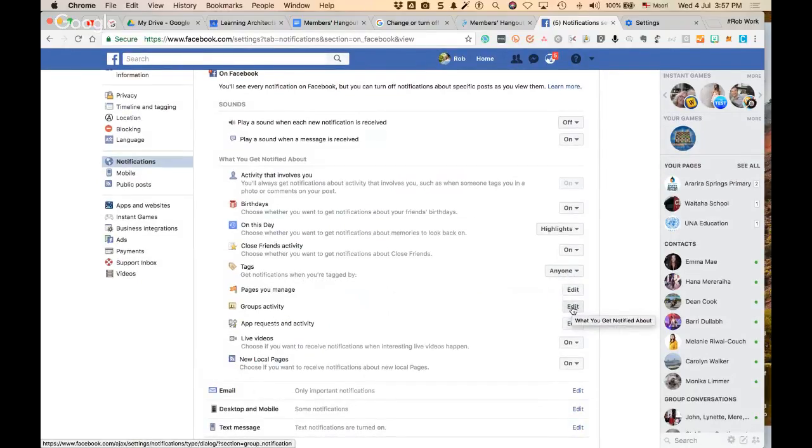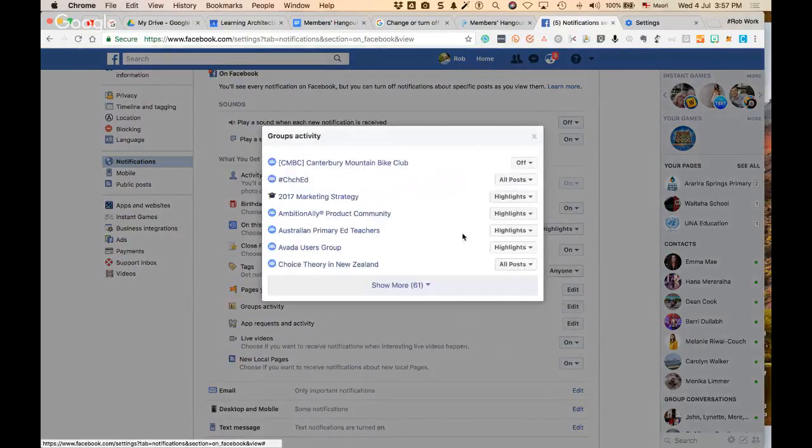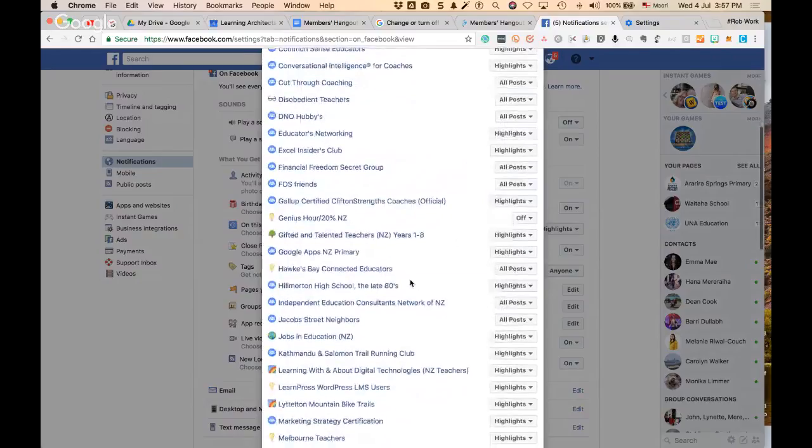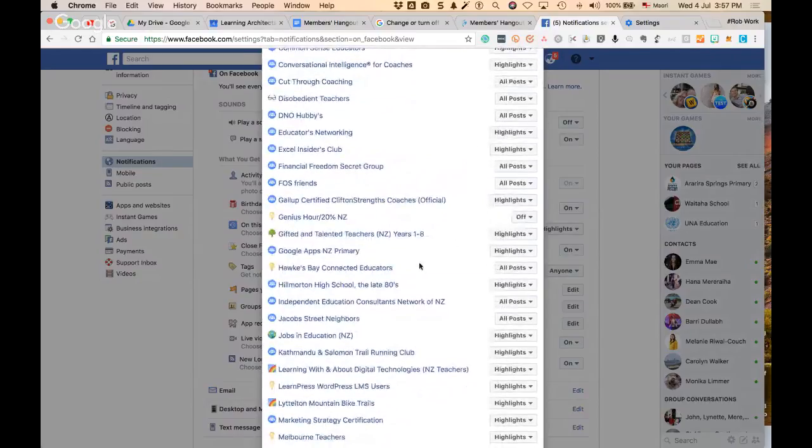You can select which groups you might get notified on, and I'm a member of a number of different groups. Some of them I have turned off, and some of them you can get just highlights, which is quite nice. So that's a cut down version of all posts. Some of these groups are not very active and some of them are very active, but my point is you can actually